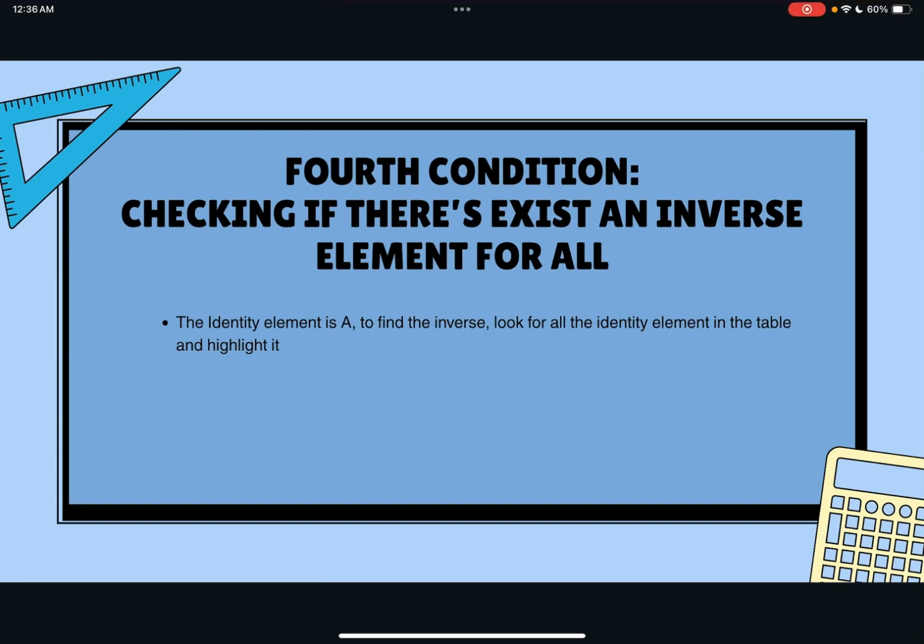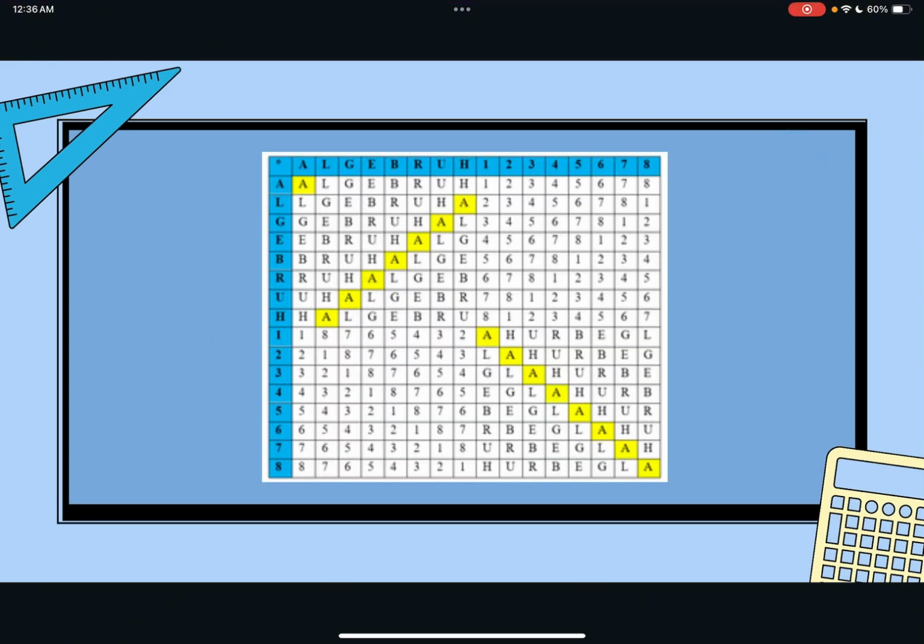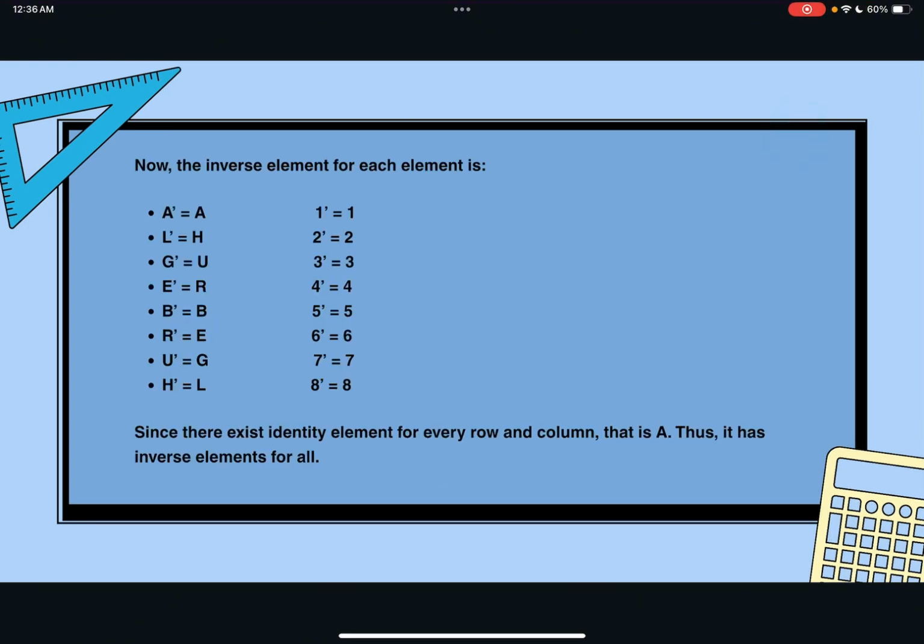Fourth and last condition. Checking if there exists an inverse element for all. The identity element is A. To find the inverse, look for all the identity elements in the table and highlight them. Now, the inverse element for each element is A inverse is equal to A, L inverse is equal to H,